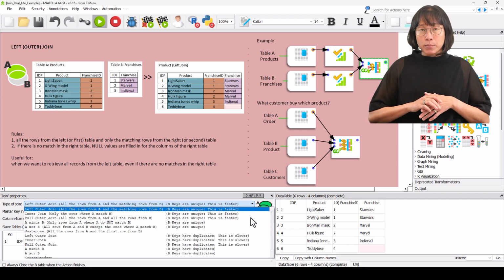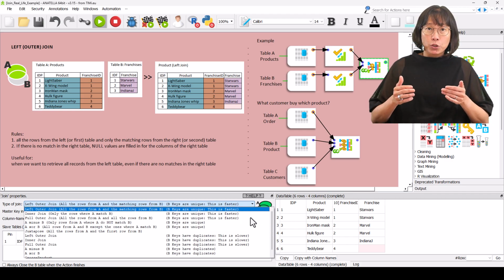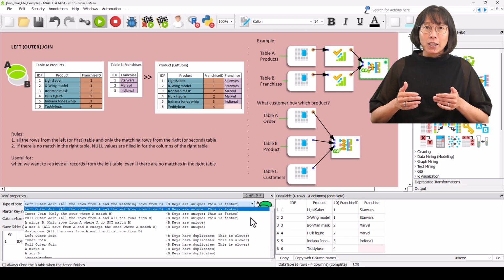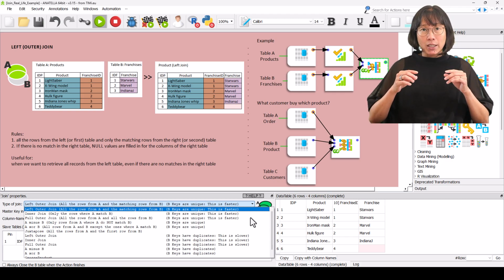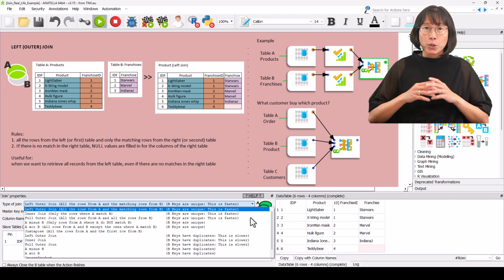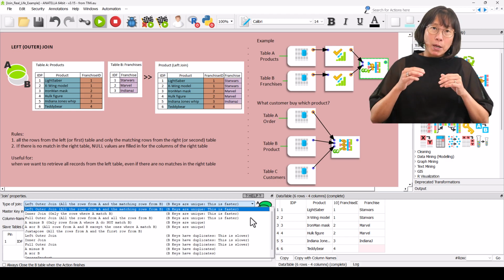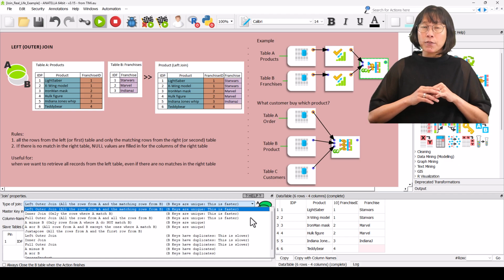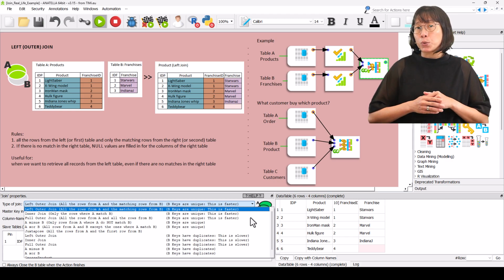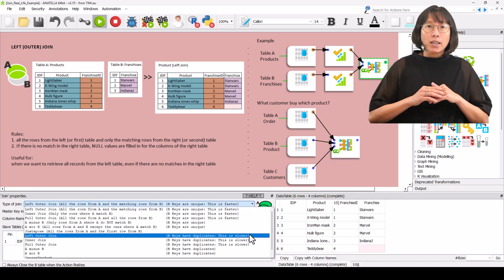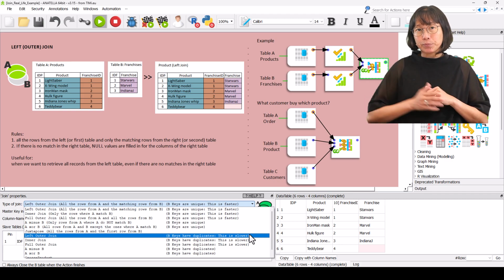Most of the time, the primary key column of the join is unique, meaning that each row of the primary key contains a different value. But there exists some uncommon situation where the primary key of the join does not have this unique property and contains the same duplicated value on several different rows. You can select here a type of join that supports this uncommon situation.